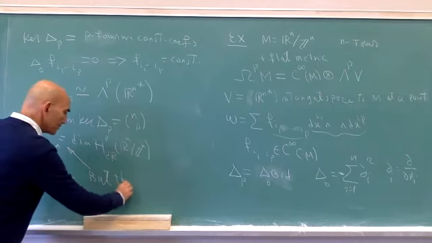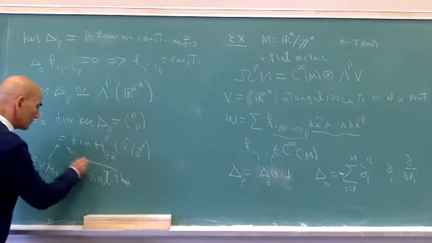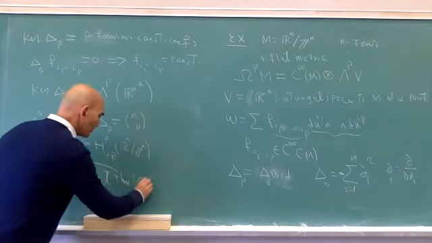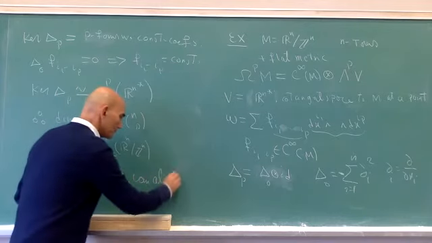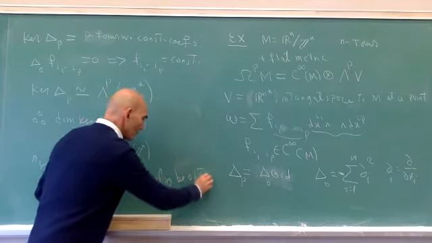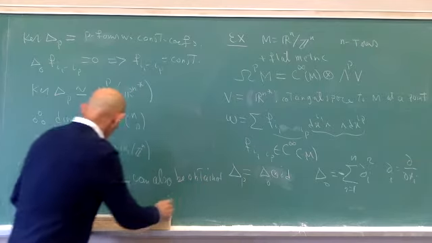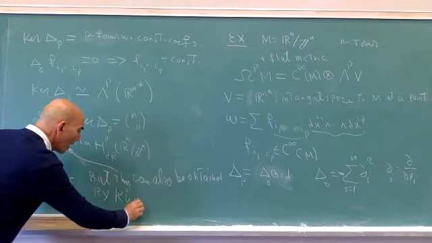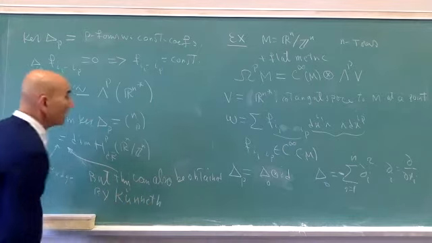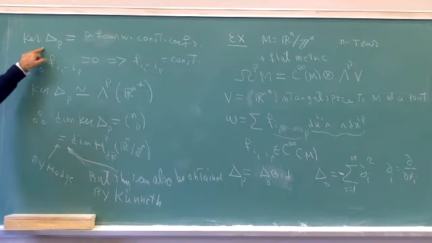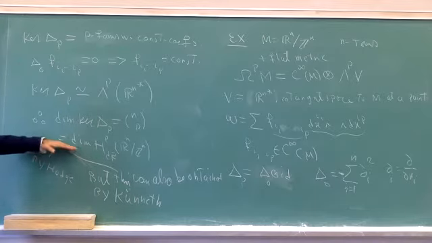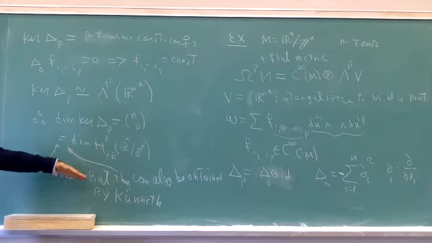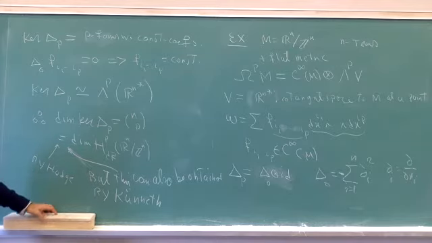By this I mean, this can also be obtained by the Künneth formula, because this manifold is a Cartesian product of n circles, so you can apply the Künneth formula and then you get that. So in this case, it's a statement of Hodge theory. In this case, it is a consequence of the Künneth formula, so it's a topological statement.